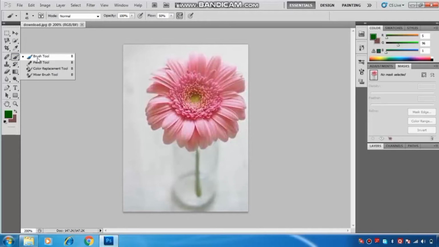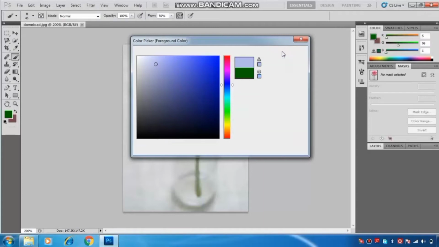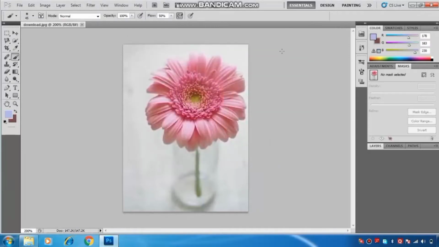To use this tool, first we have to select the brush tool from here, and now we have to select the foreground color. By clicking on this menu we can select the foreground color, whatever color we want to apply on our image, and select the OK button.